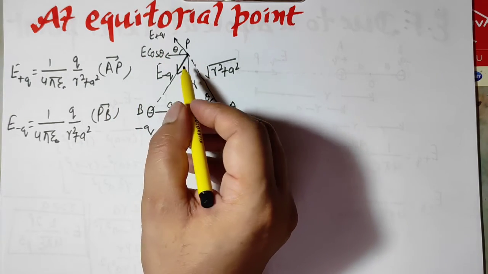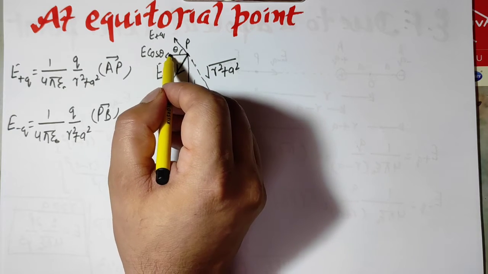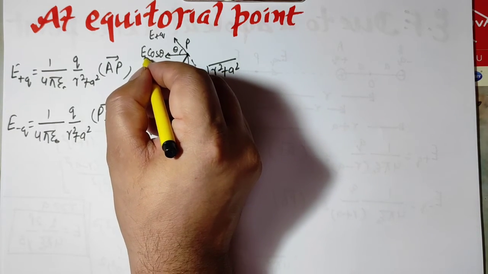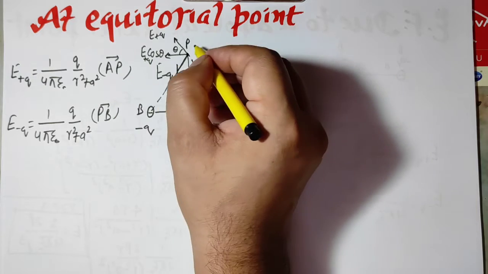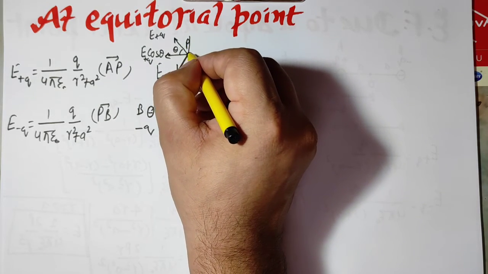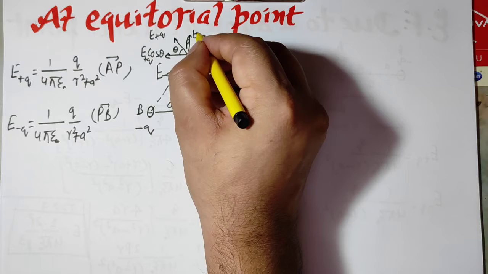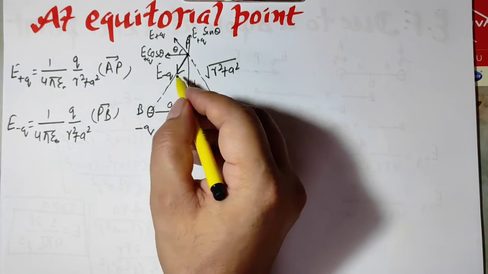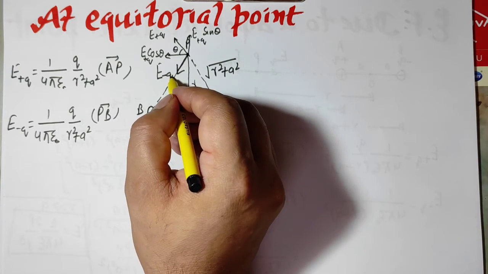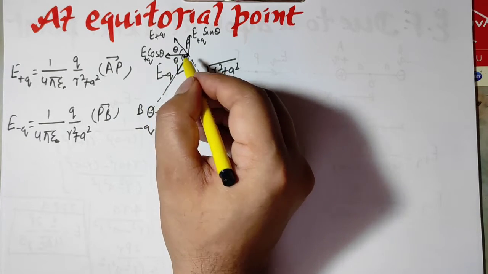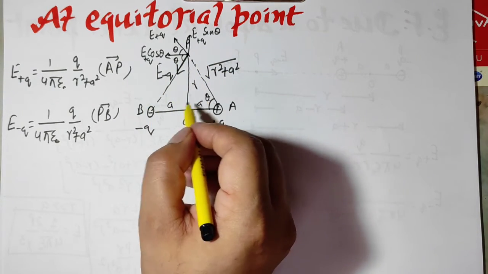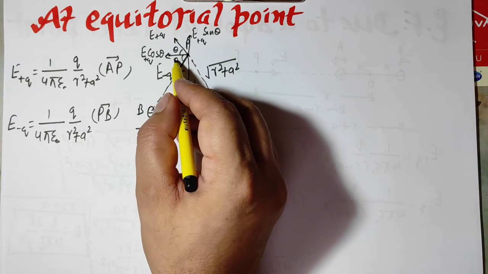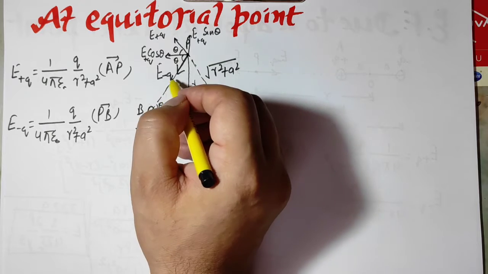Understand? Is it clear to you? Why? Because the horizontal component is E cos theta. Or if you want to put it as plus Q, it's your choice, E plus Q cos theta. In this direction it is E plus Q sin theta. Now for E minus Q, this angle is also the same, because this is theta, this is also theta. If this is theta, this is theta, because of alternate interior angles.